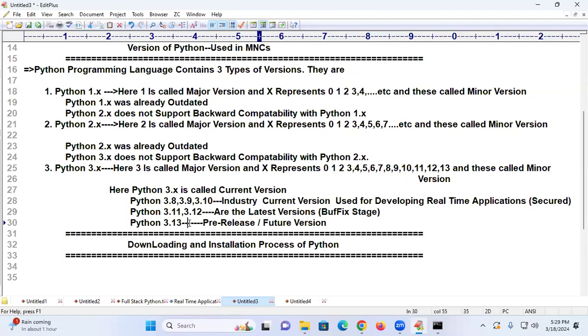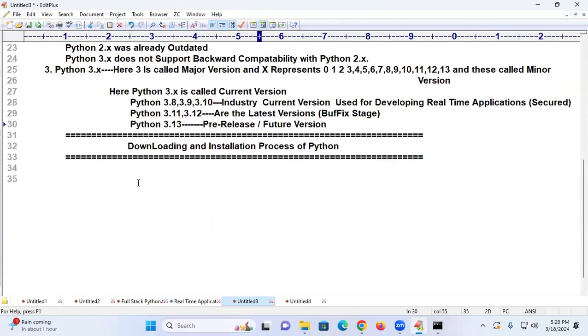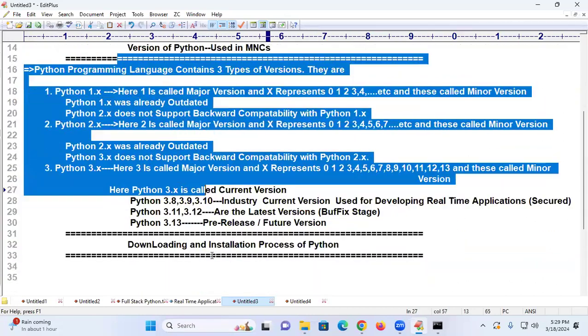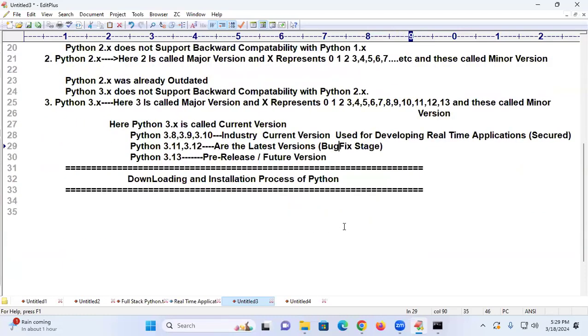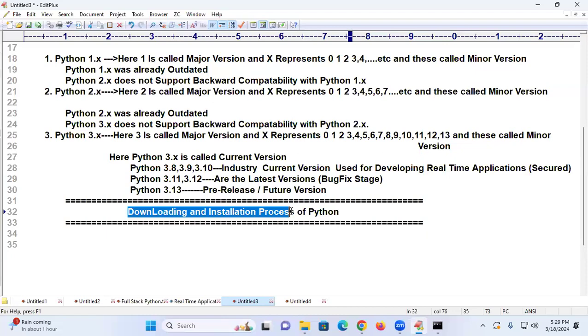Right. Don't doubt anything. Already I'm showing the proof for you. Will you understand, guys? Now, sir, how to download? Now I'm going to show. Online students, up to here, is it clear for you? Already explained what is backward compatibility. While I am explaining, my dear students, you must listen very carefully. Now this is called the bug fixing stage. Let's start downloading and installation of Python. Shall I show you that?